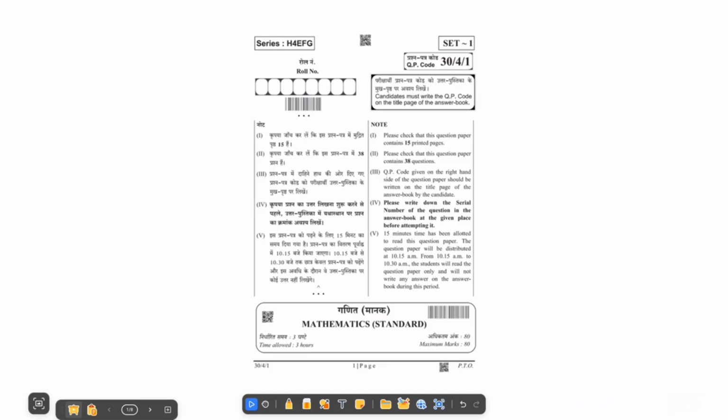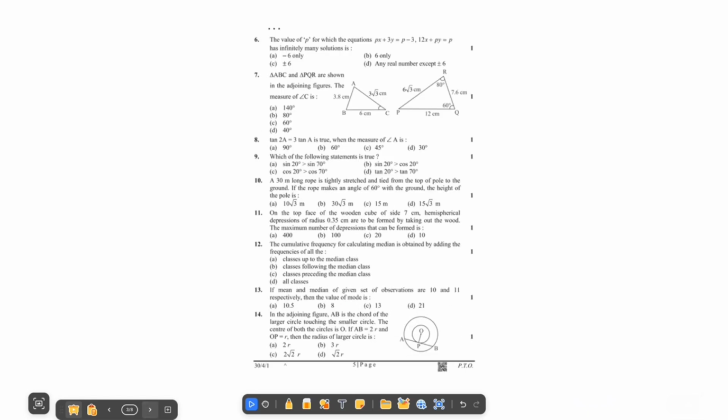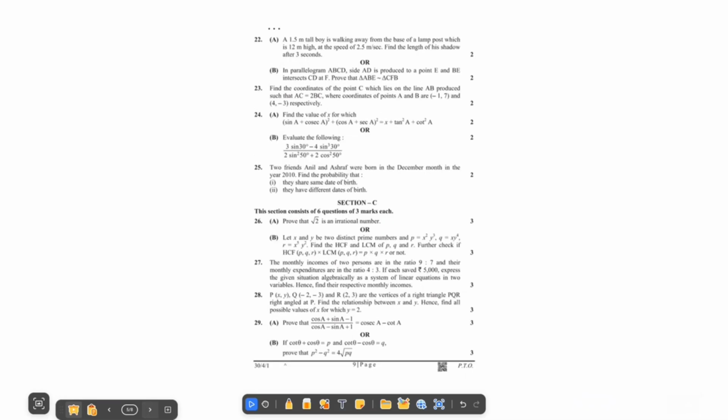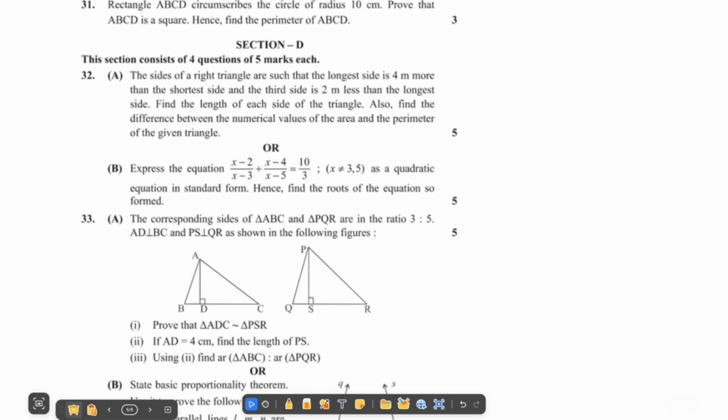In the last video we discussed the section C problems of this question paper, that is 4/1 set 1. Now in this video we'll discuss some of the section D problems. So let's see section D problems. In section D, 32A question is: